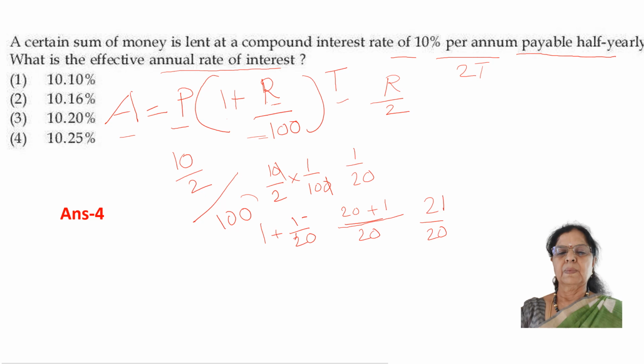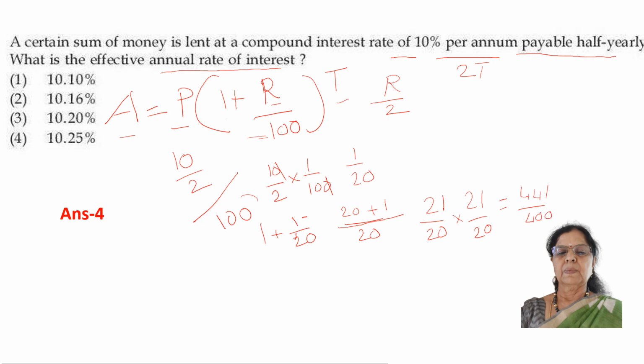So this entire value is 21 by 20. T is 2 times, payable half yearly. In a year you get 2 half yearlies. So 21 by 20 into 21 by 20. That is equal to 441 divided by 400,